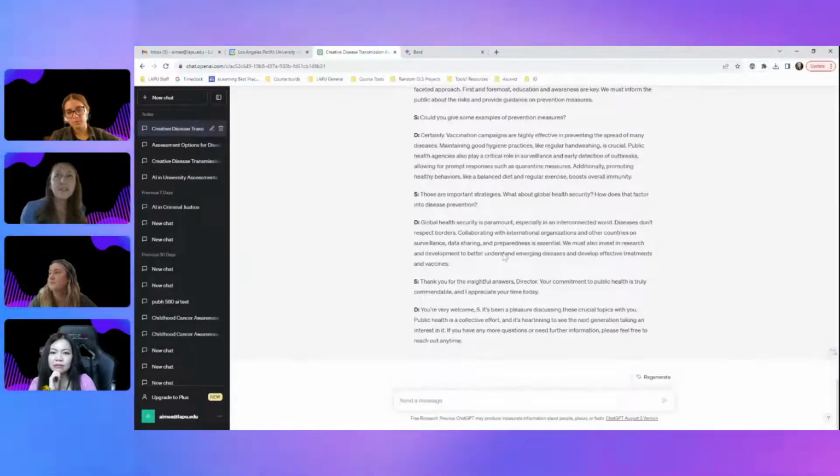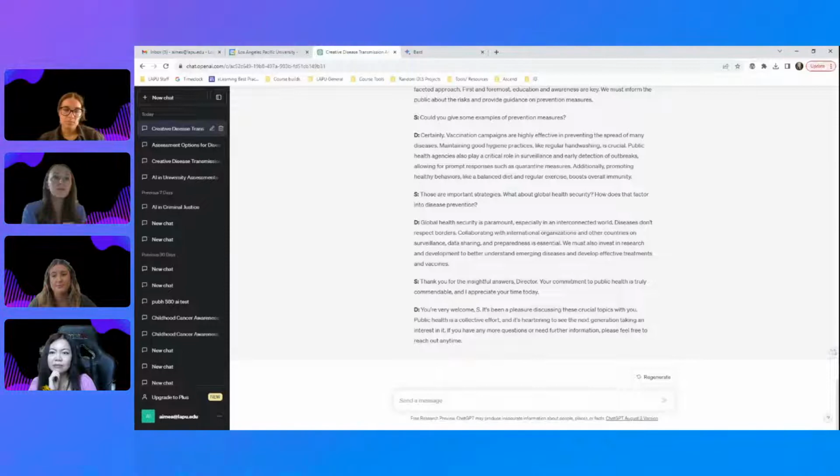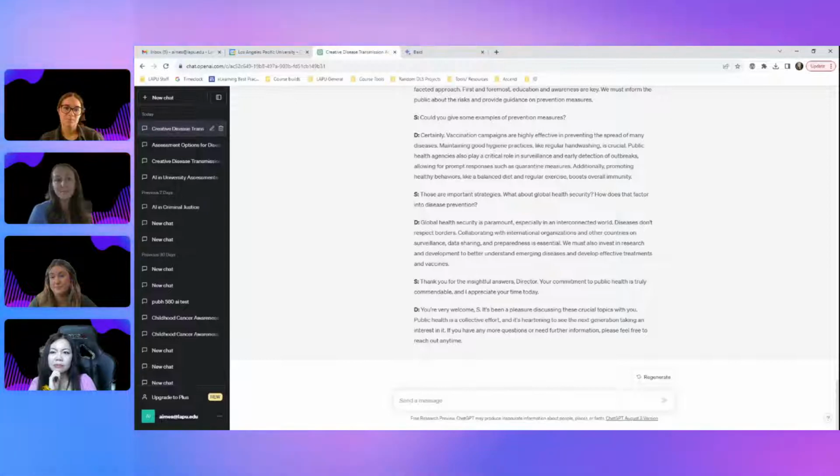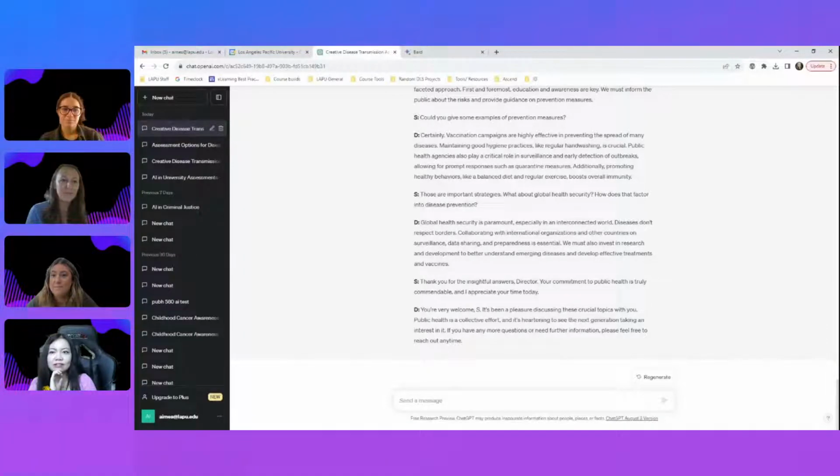The other side to think through as well is what would we expect the student to submit as their assignment? So what are they pulling out and how are they formatting it to give to their teacher? Would it be just a written document, or could they even take the creativity a step further by putting it into some sort of presentation, maybe using a tool like Canva? There's multiple layers of creativity that we could put on top of it.